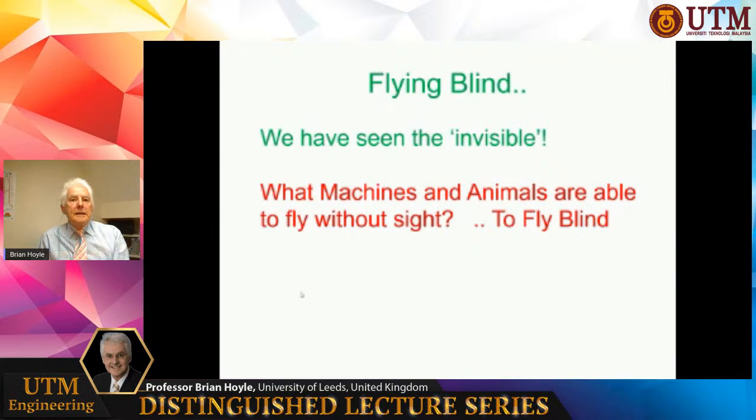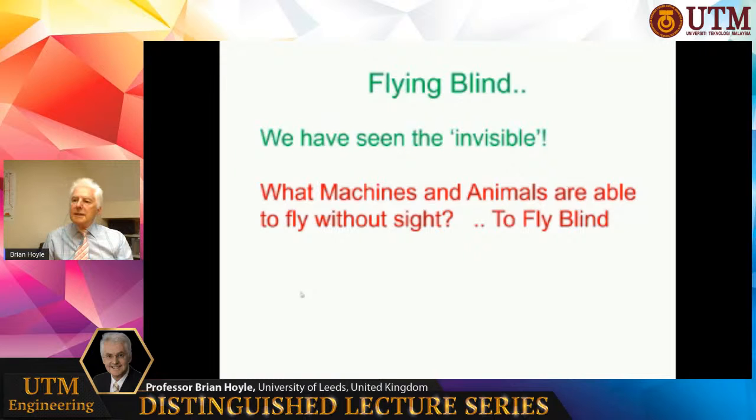And the bat has evolved using ultrasound. I know there's lots of interest in ultrasound at UTM. So the bats create ultrasound with their mouth, and they've got very highly adapted ears to listen to the echoes, and they use the echoes in a special part of the brain that's evolved to process this stuff. Remember, we need to process lots of information to make intelligence information from that. So we know that bats can fly blind. Now the machine I'm suggesting can fly blind